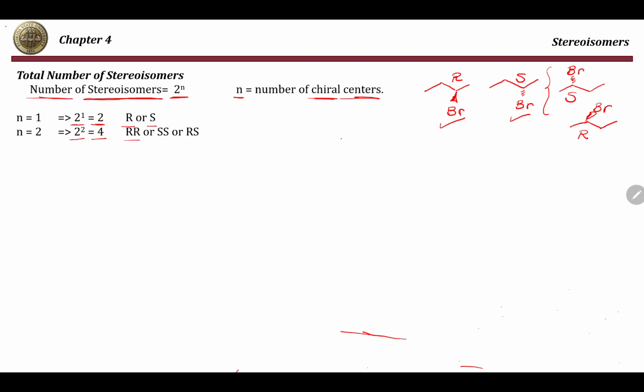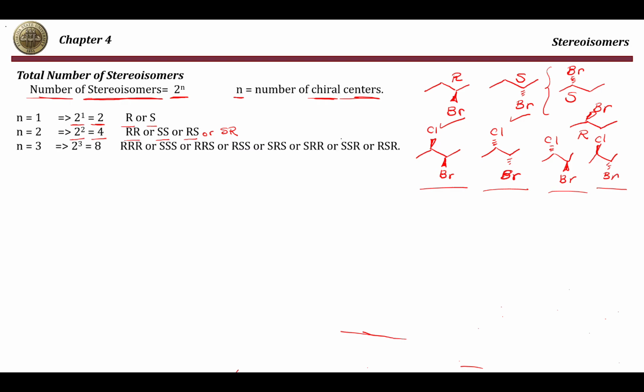So RR, SS, RS, or the other one will be SR. For example, let's say I have a compound which has a Br here and a Cl here. This is one form. The other form is both dashes. And I can also invert the Cl, keeping the Br as it is, or invert the Br and keep the Cl as it is. And these are the 4 different ways by which you can draw a compound which has 2 chiral centers. Any other thing will lead you to one of these 4